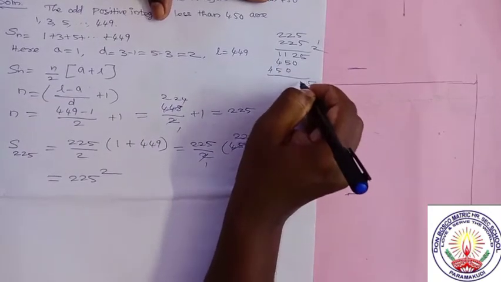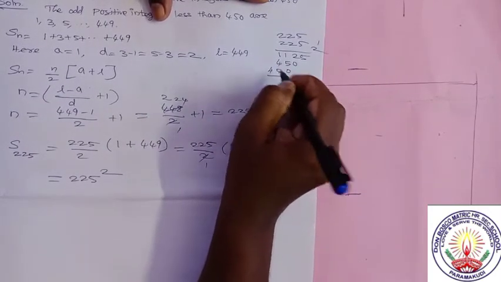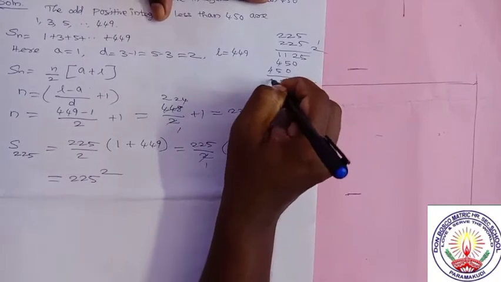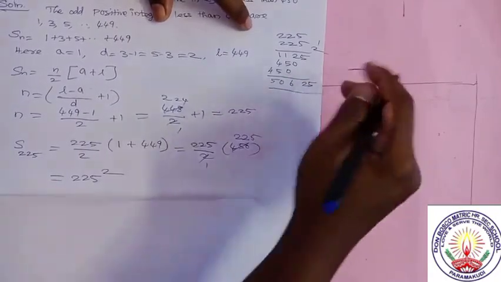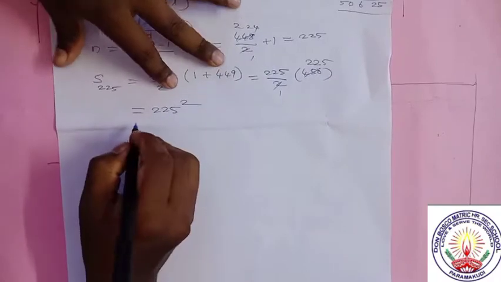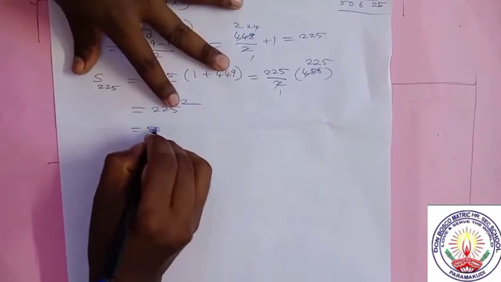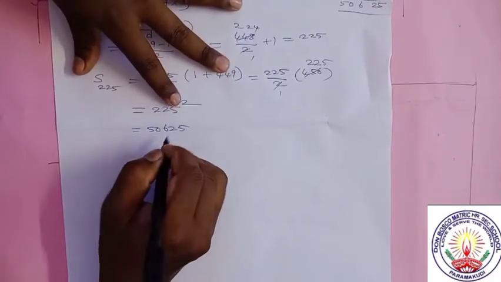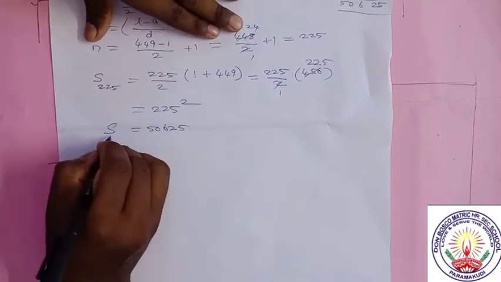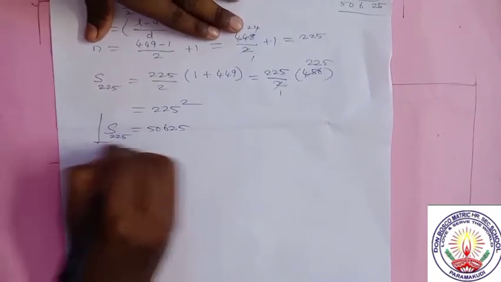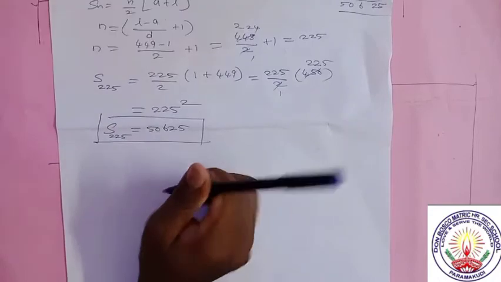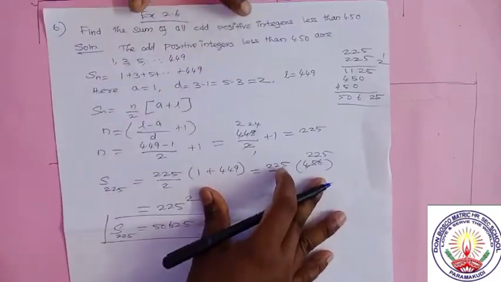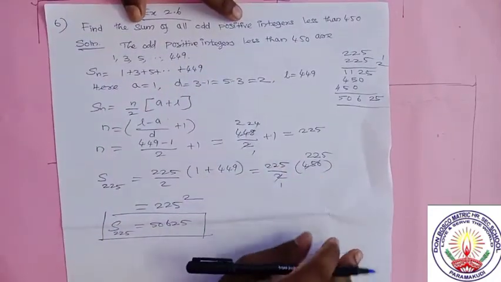Add 5, 2, 6: 5 plus 5 is equal to 10, remaining 1, 1 plus 4 is equal to 5. So the answer is 50,625. 50,625 is the sum of 225 terms. What is the answer? Therefore, the sum of all odd positive integers less than 450 is